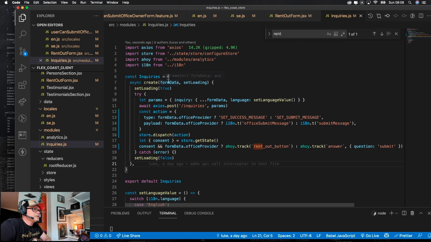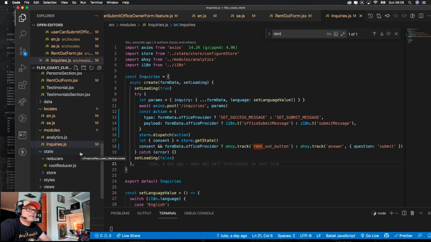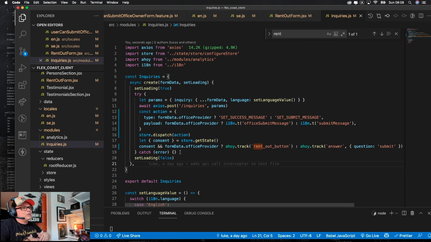But the problem is, we're using Redux in this project. So it's perhaps a bit hacky. I don't know what your opinion is on this. We extract the actual calls to the API into a module, or like a service file, and I'm accessing the Redux store from this JavaScript file instead of just from a component, and I'm modifying that.